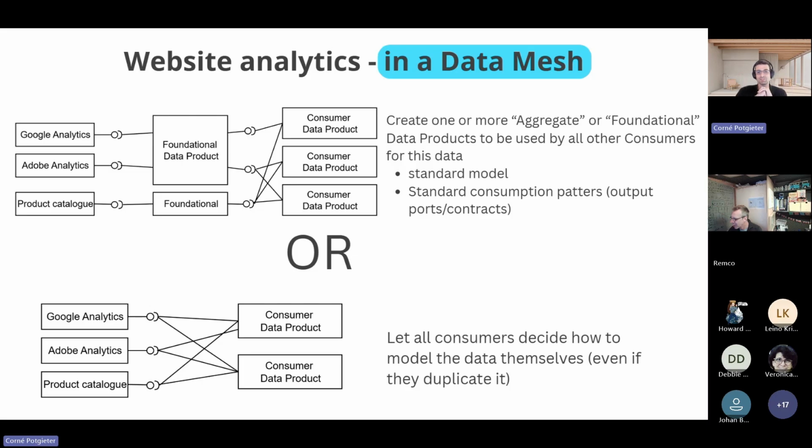The thing that makes it different is that a foundational data product is owned by a domain, whereas if you're just doing medallion architecture, you're not necessarily talking about data mesh. It can be owned by IT, everything. But I don't think comparing data mesh with medallion architecture is the right comparison.